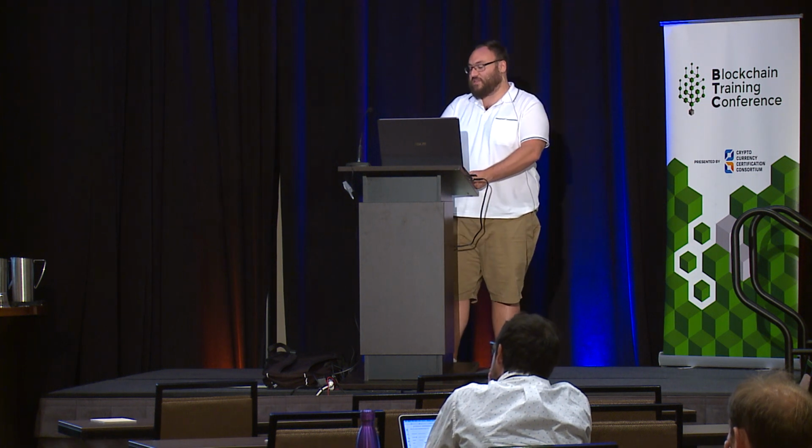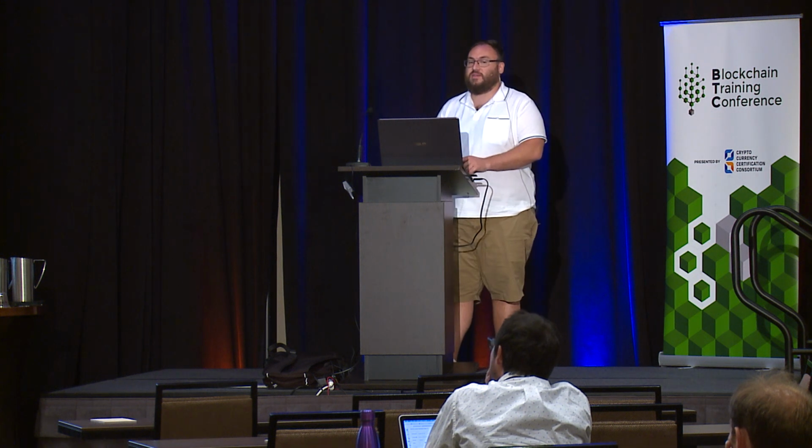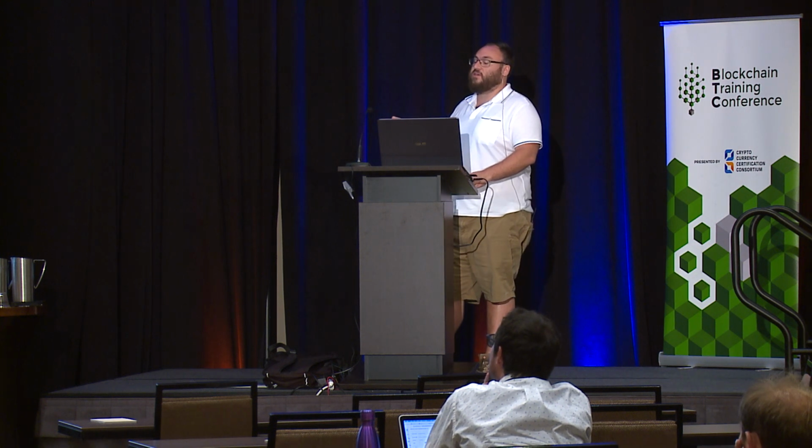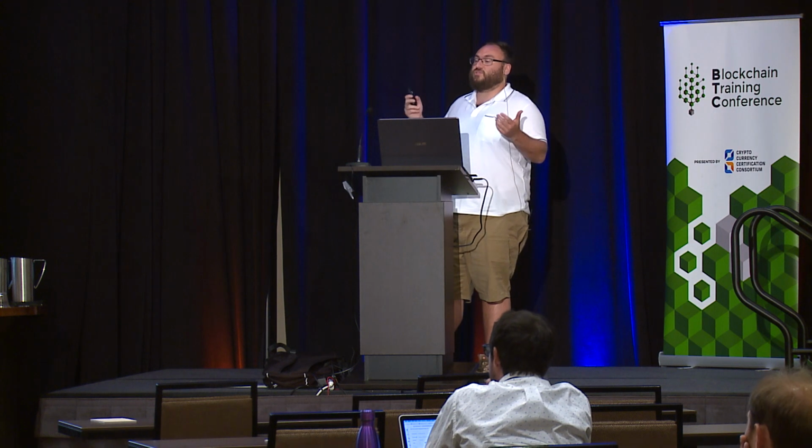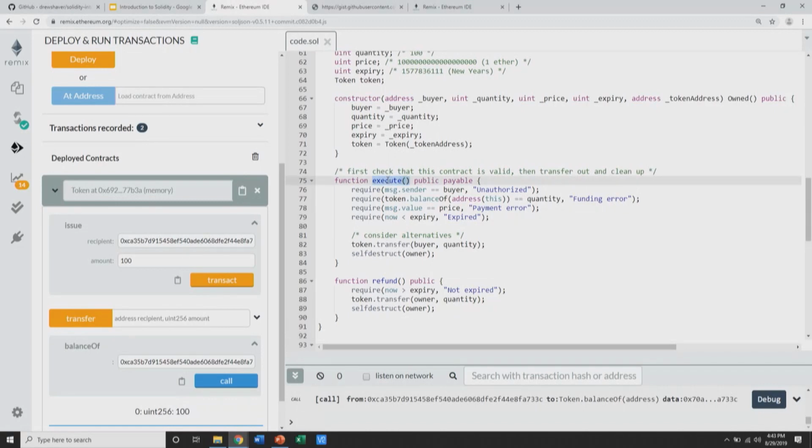So the functions that I have here are pretty simple actually. Alice creates the contract, she sends the tokens to the contract. That doesn't require anything. And then the major function is this execute function, where Bob sends the Ether into the contract and it executes the trade. And the only other function is if Bob chooses not to execute the trade, we need a way to unwind it. So all we're going to do in this execute function, we're doing 4 checks here to make sure that everything